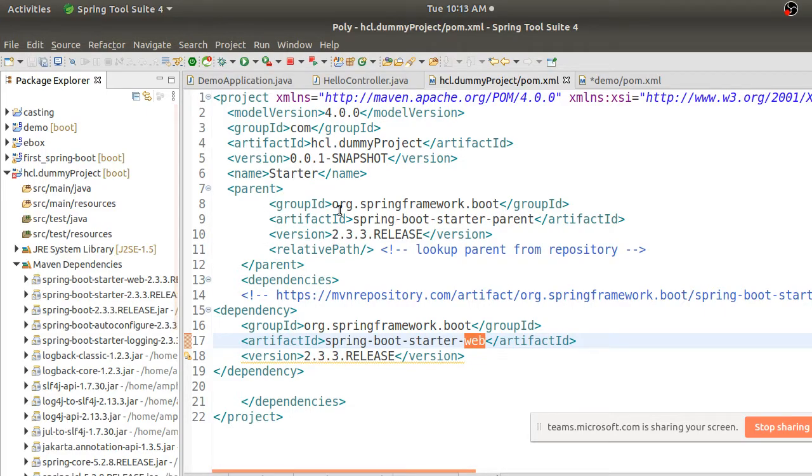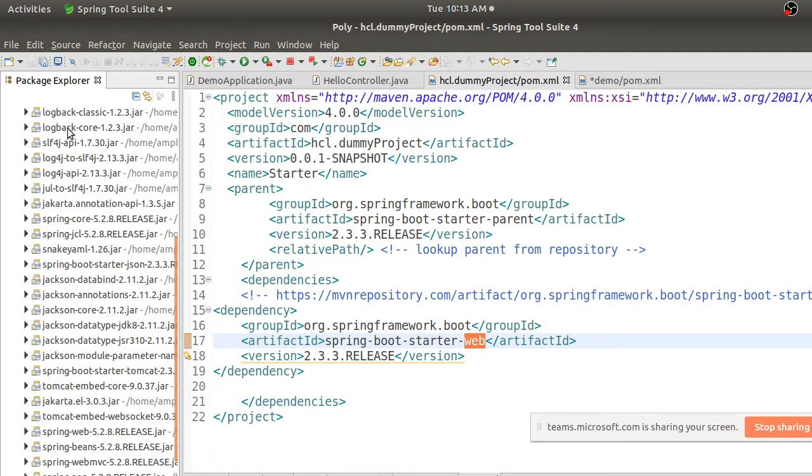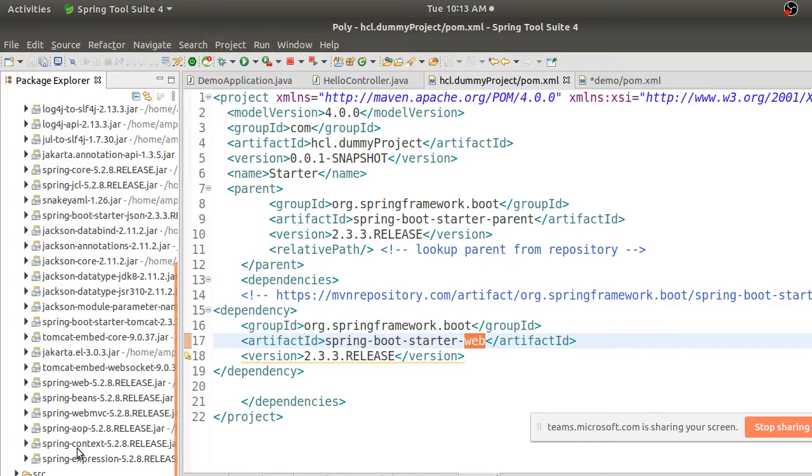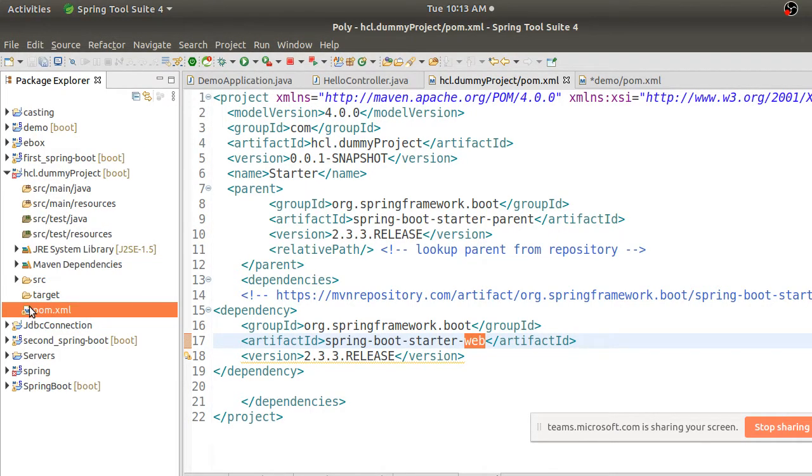So what is your parent saying? Parent has all the versions and all the common dependencies that you want to use. In fact, if you add one dependency, that dependency will be downloaded directly using this parent reference. So whatever parent says, all these are required for my first project to start running, right? Maven repository takes all that and dumps all the jars into your project.